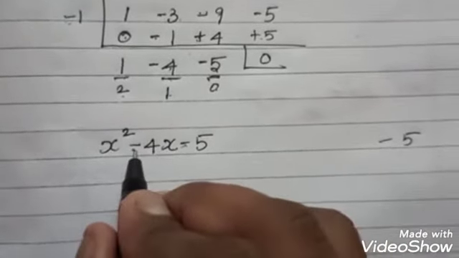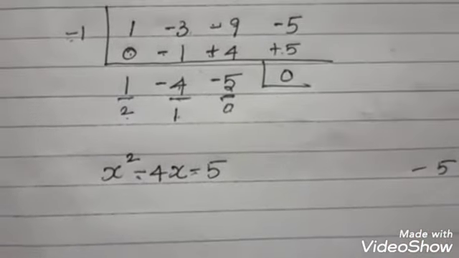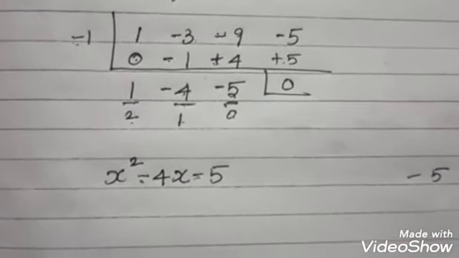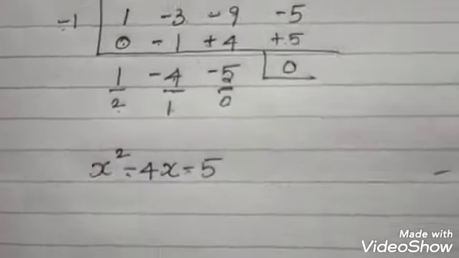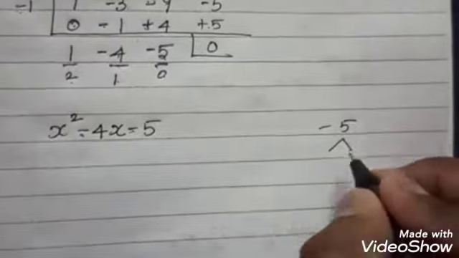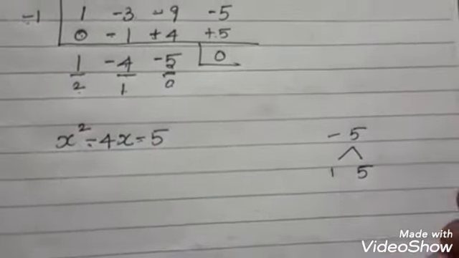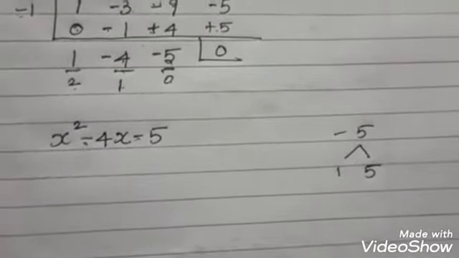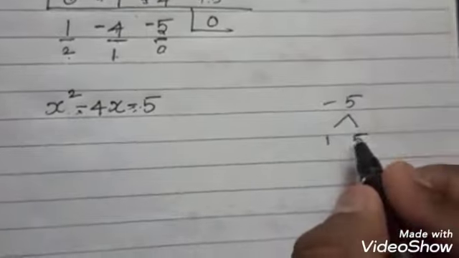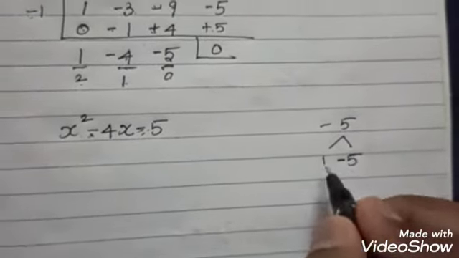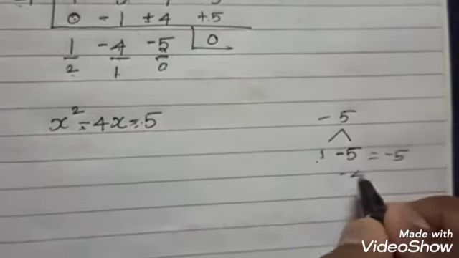The minus means different symbol. And the same way, the highest value should be negative. Larger value is negative. The factors are 1 and 5. So different symbols, one should be plus, one should be minus, because in this condition, the higher value is negative. So you see 1 into minus 5, you get minus 5. 1 minus 5, you get minus 4.